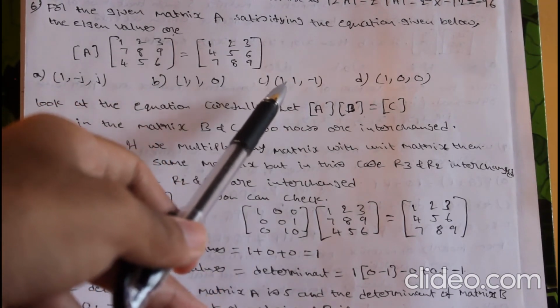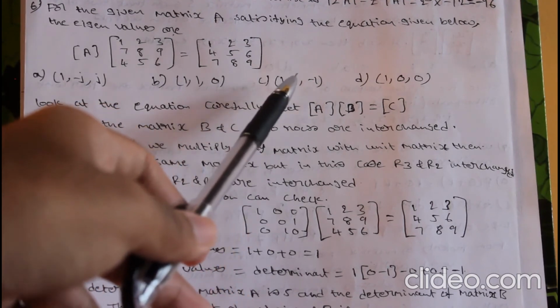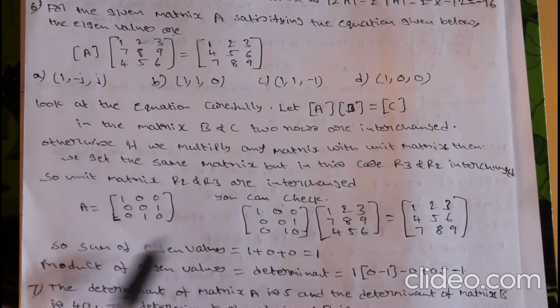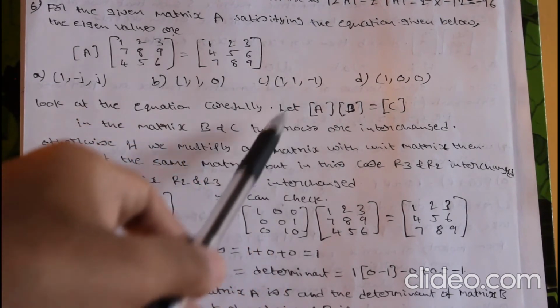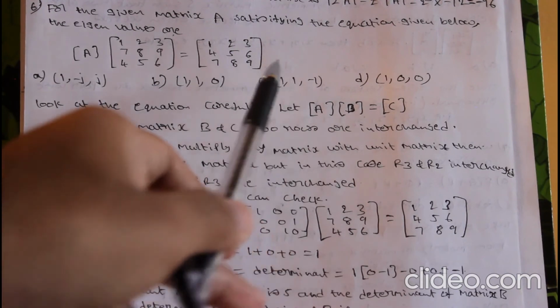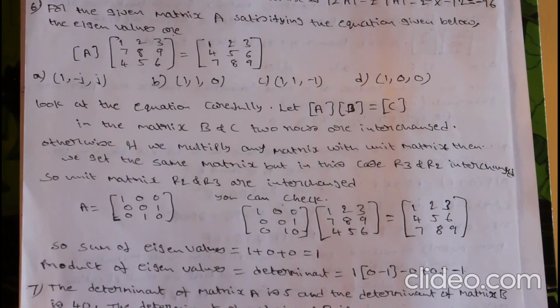Look at option C: 1 plus 1 minus 1, so 2 minus 1, so 1. Point 1 is satisfied. The sum of the eigenvalues is 1, and the product of the eigenvalues is 1 into 1 into minus 1, so minus 1. So point 2 is also satisfied, so option C is correct. Okay, if you want to check whether the approach is correct or not, see,